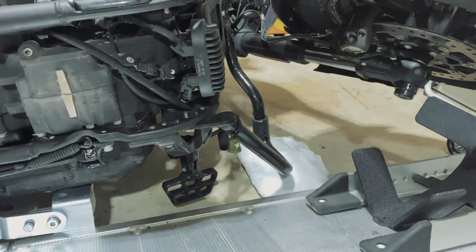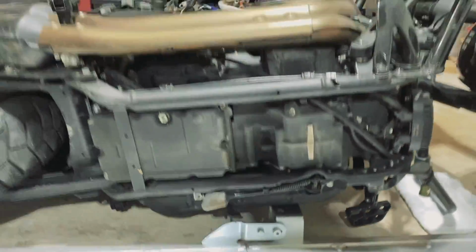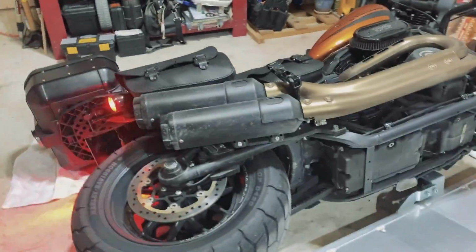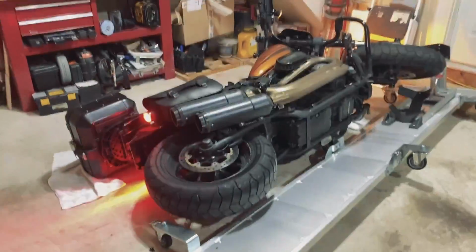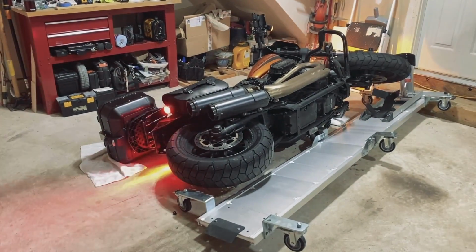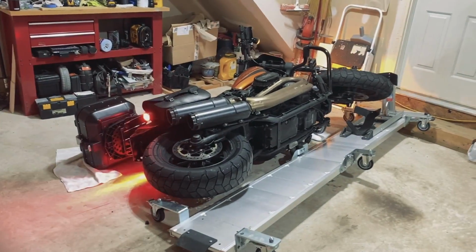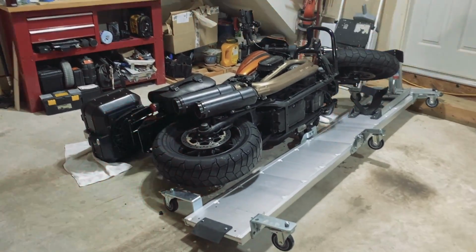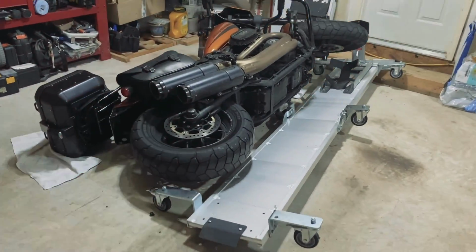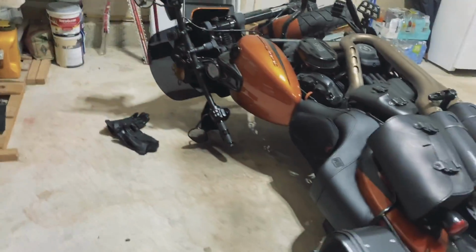So I'm putting some towels underneath the parts that I think are going to hit once I lift this up, and then we'll see about getting Sophie back up on her feet. Hopefully there's not a lot of damage. I think right now probably the most of it would be maybe the primary being dented or scratched up, and it looks like